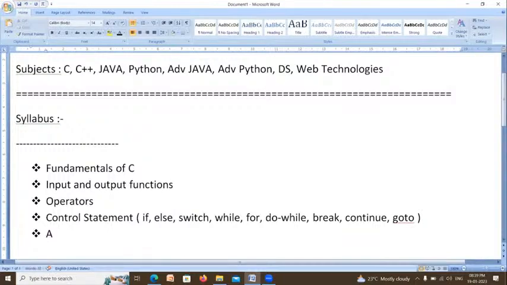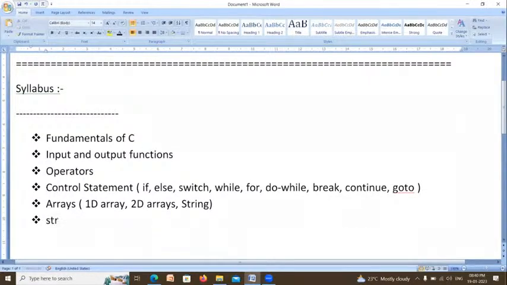Now I will explain the concept of arrays. It contains 1D arrays, 2D arrays, strings. Then I will explain structures, unions, enumerators, typedef, meaning user defined data types.